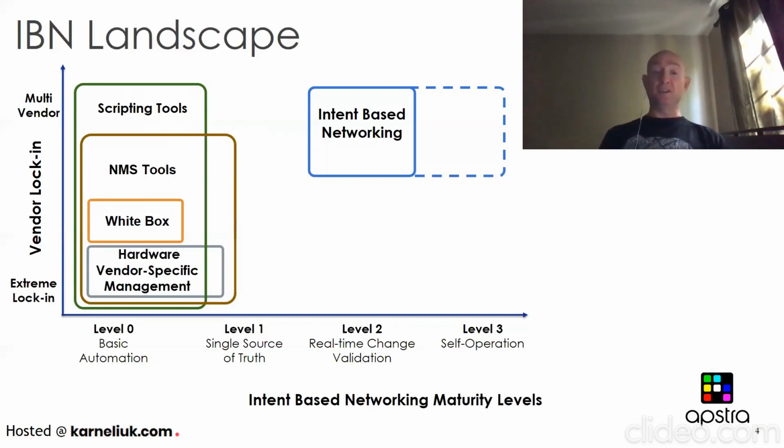So the ability to constantly compare states is fundamental to an IBM system. And when done right, it could lead to level 3, which is the nirvana of IBM. It's really a self-operating, self-healing network. So when you can understand the changes and can remediate, bringing your system back to the intended state, your network becomes self-operating.